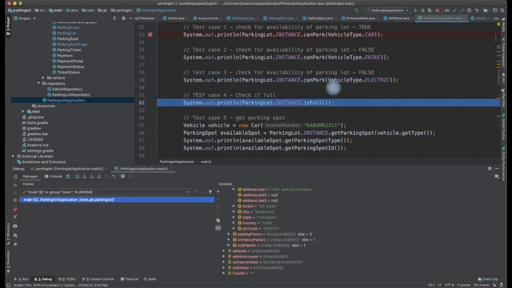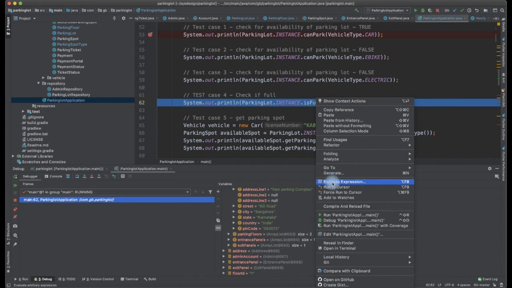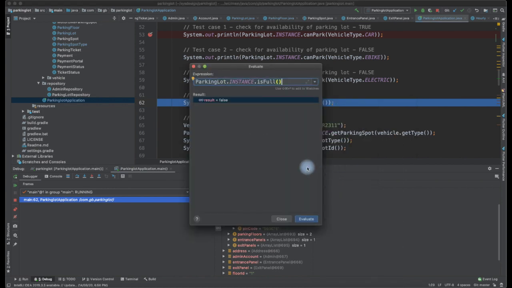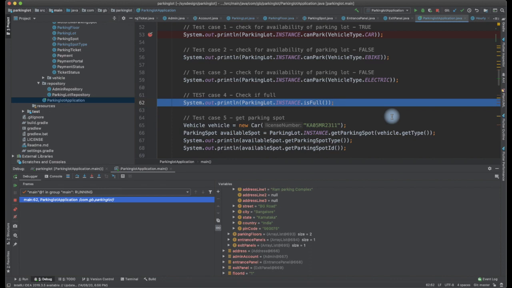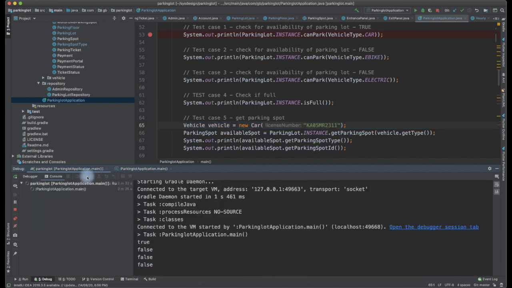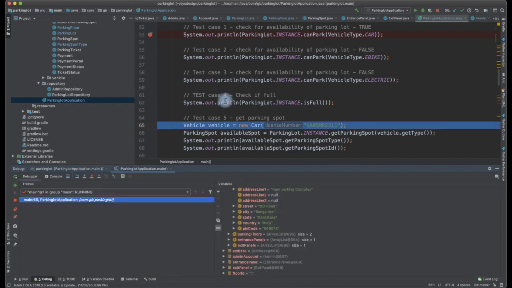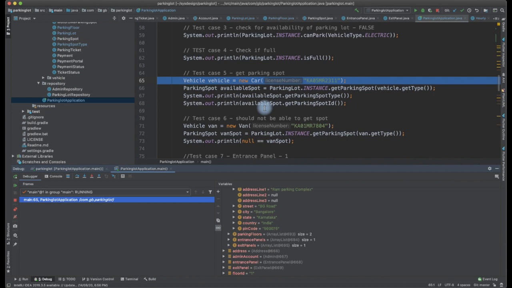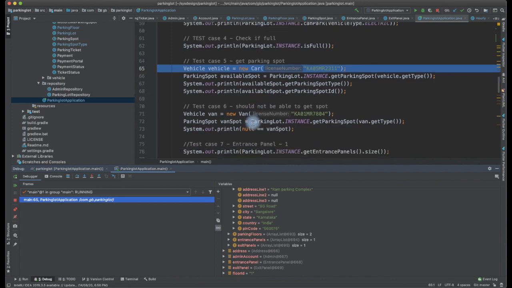Let us look into the next. We are checking whether it is full or not. Now if no bike is parked or car is parked at this point of time, is full should return false as well. So let me evaluate this expression and show it to you. So is full is false. So yes, we have not parked, and that is what is printed in the console as well. It would be difficult for me to navigate between these two and show the output, but that is written here. So you might have to take the code and run it by yourself and see, but I'll try to show it in the debugger console as and when we can think of.